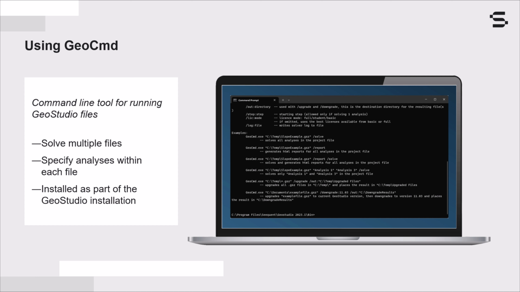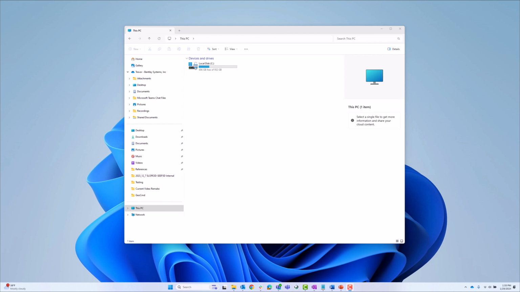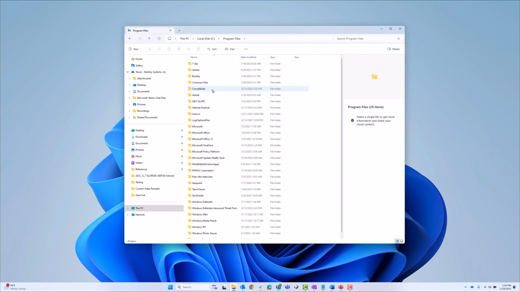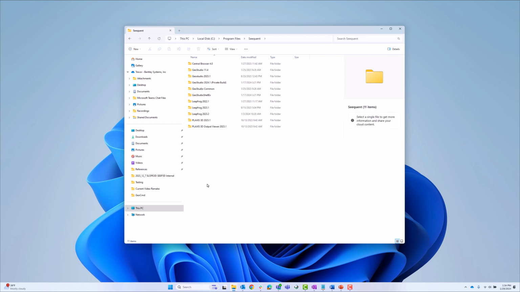If your files have long solve times, you can run your script at the end of the day and solve them overnight in succession while away from the office. You also have control over which analyses in each file you want to solve, and it's installed as part of the GeoStudio application. You can find the GeoCmd executable file by going to your local disk, Program Files, Seequent, your current version of GeoStudio, bin,